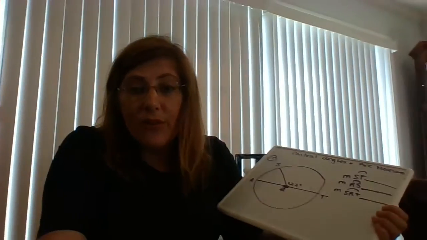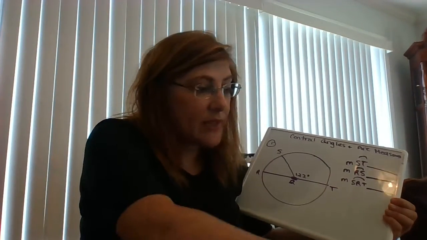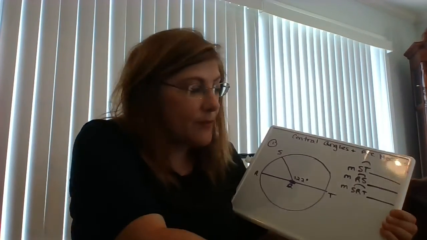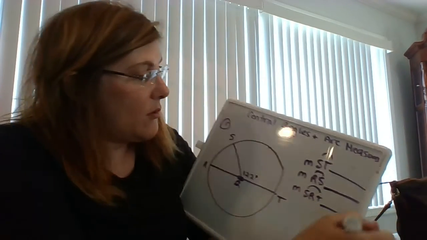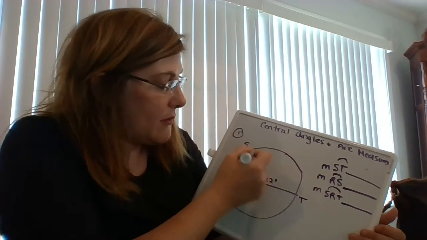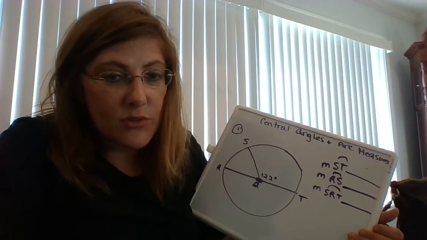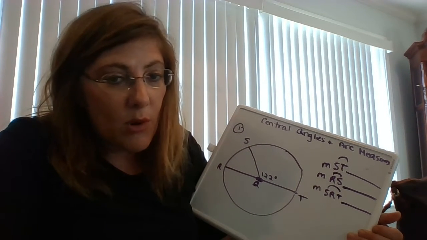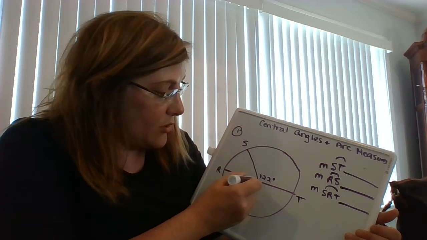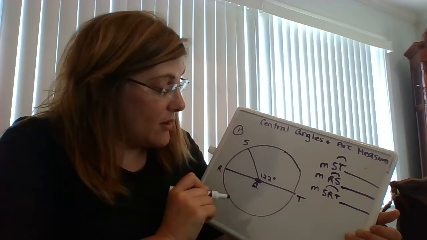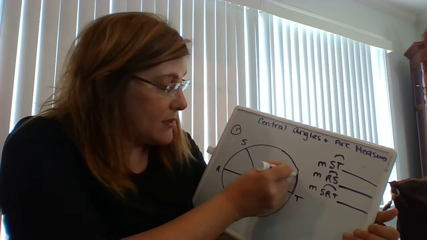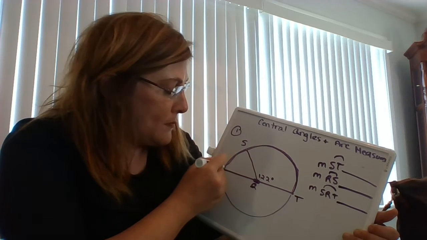Now I'm going to go over an example. I'm doing example 1 from our worksheet. So we're given this central angle, angle SQT, is 122 degrees. Well, what we know, since RQT is a diameter, that tells you that this is a semicircle, arc